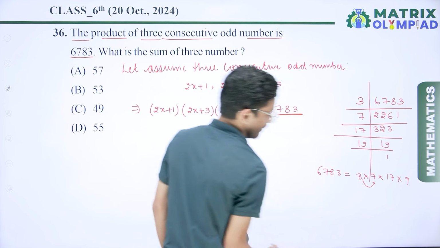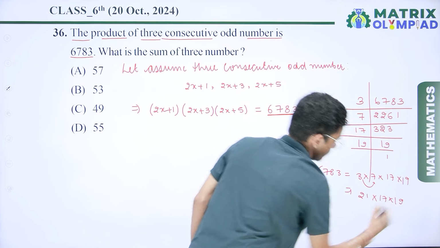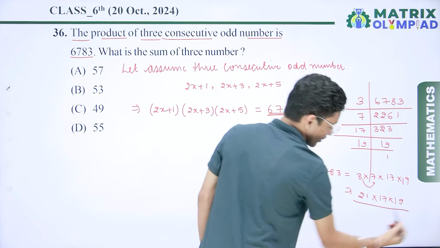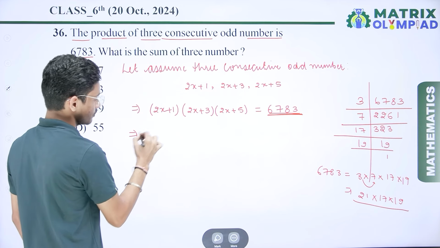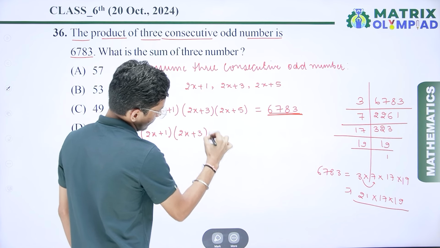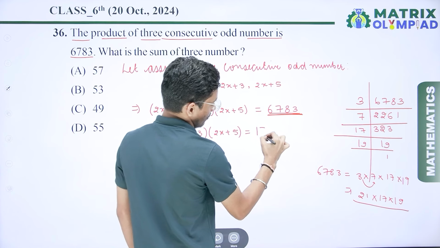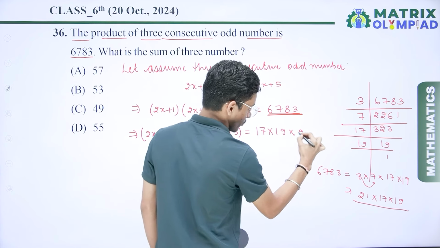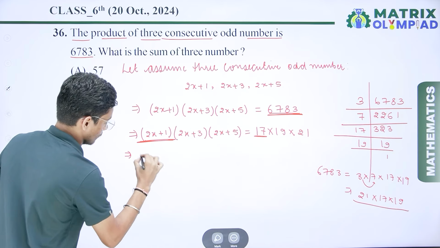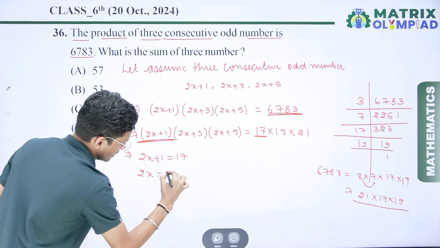So 7 multiply 3, that is 21. So I can say that 21 multiply 17 multiply 19. So simply, I can write here in place of 6783, that is 21 multiply 17 multiply 19. So 2x plus 1, 2x plus 3 and 2x plus 5 is equal to 17 multiply 19 multiply 21. So first if I compare 2x plus 1 with 17, so here I get 2x is equal to 16 and the value of x,